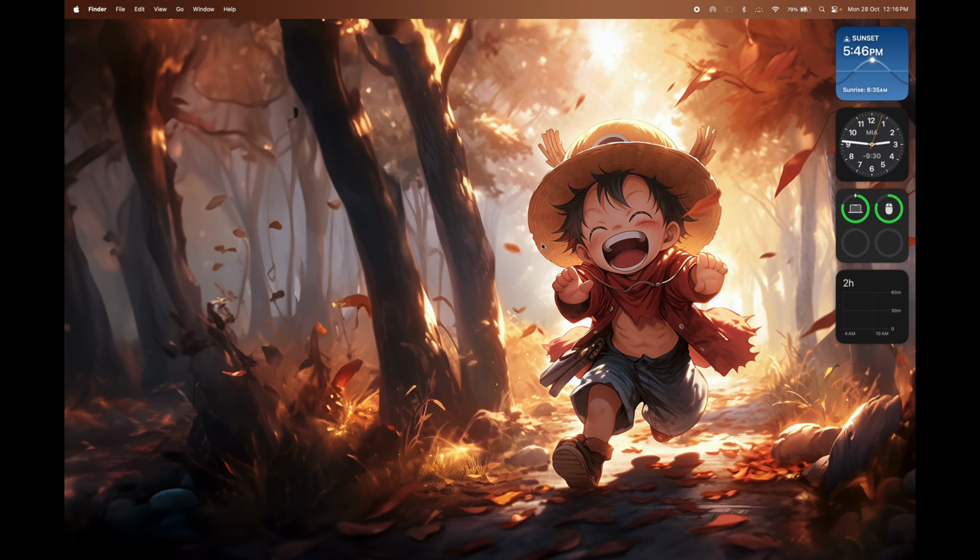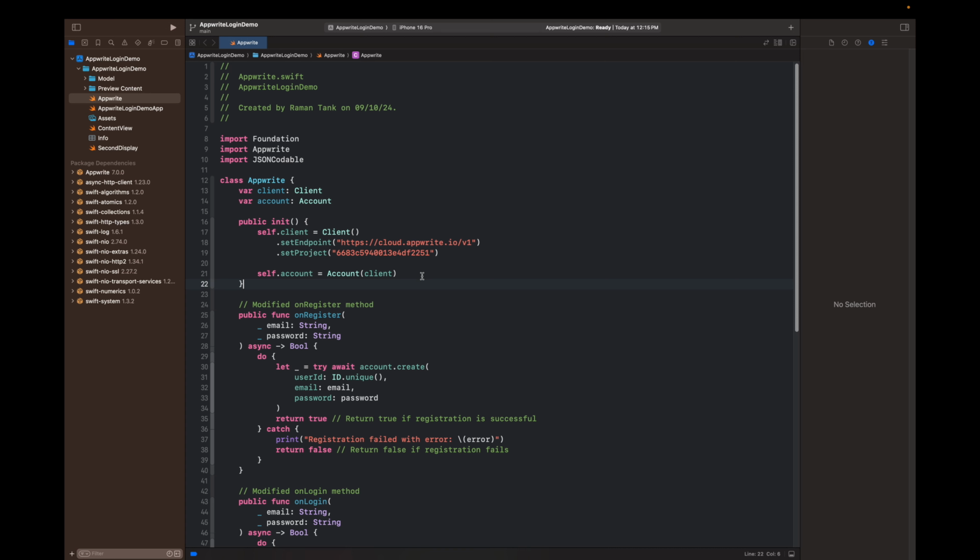In this video, we are going to upload an image and get a preview of the image from the Appwrite bucket as well. So let's get started, and this is going to be quite a long tutorial. So let's start. Before jumping in, we have to do something, because we are going to pick the